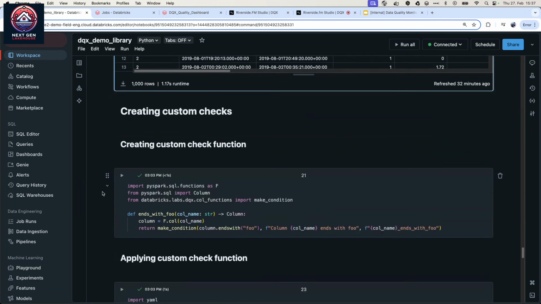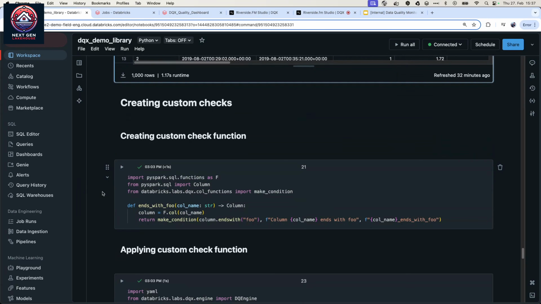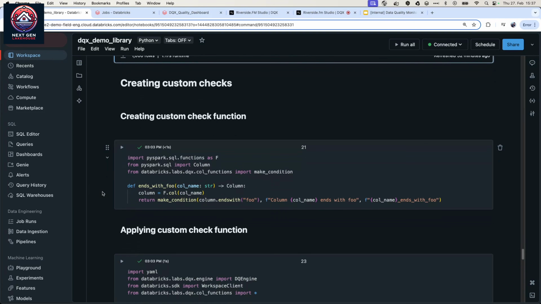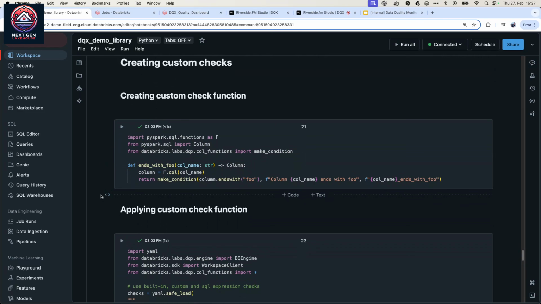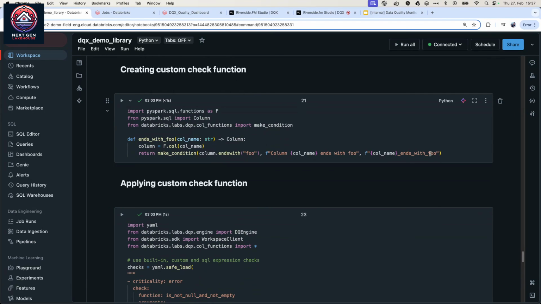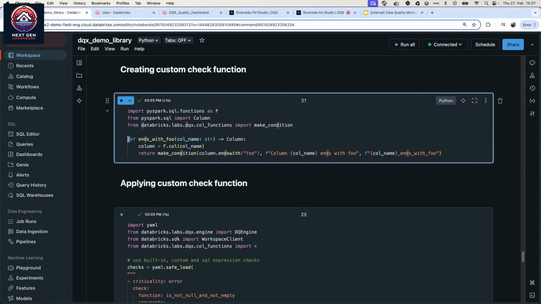All right, so just one more thing I want to cover here is defining your own checks. This is quite powerful in DQX, so you can define custom checks. So I mentioned we have a lot of standard rules already implemented in DQX, but if there is something missing, first of all, we would encourage you to create a pull request to add those, so that more people can benefit. But if this is a rule just for you, like you need some special conditions, you can define your own checks,